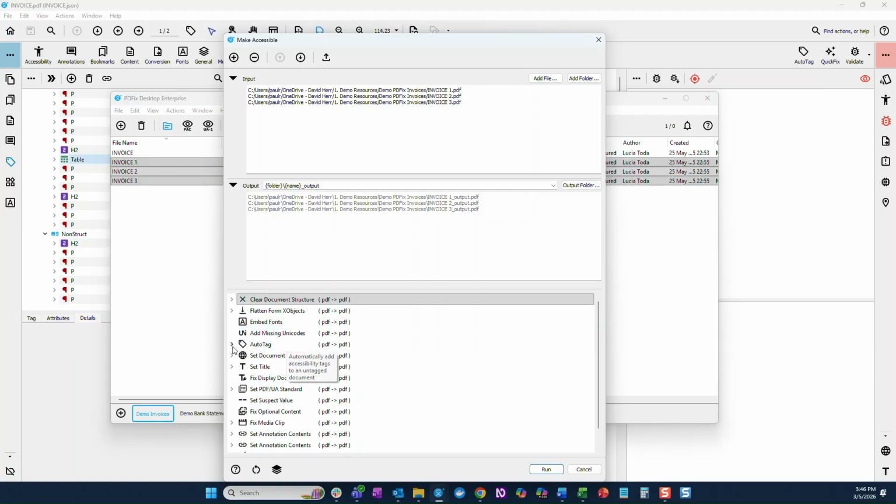Now here, I want to make sure also that I'm using the correct template. So this is my invoice template. And I want to make sure that I overwrite any tags that might be in any of those documents that I want to remediate already. Right, so we're going to auto tag it, and we're going to do other things that are needed for accessibility